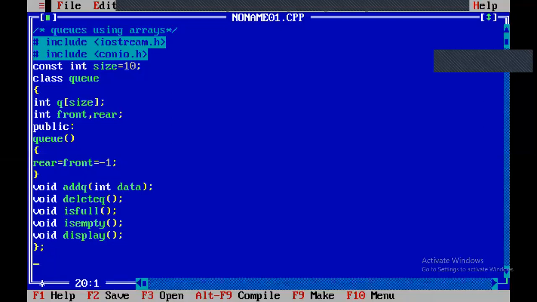These are the modules we are implementing in queues: add queue, delete queue, is full, is empty, display.